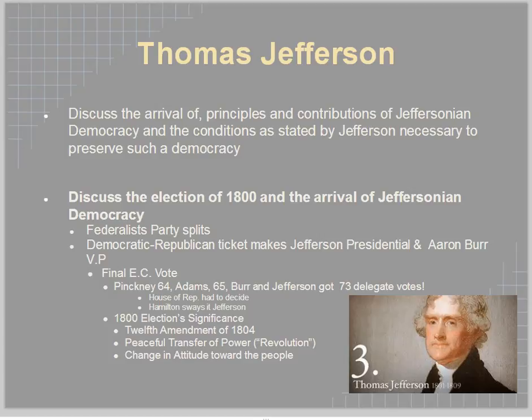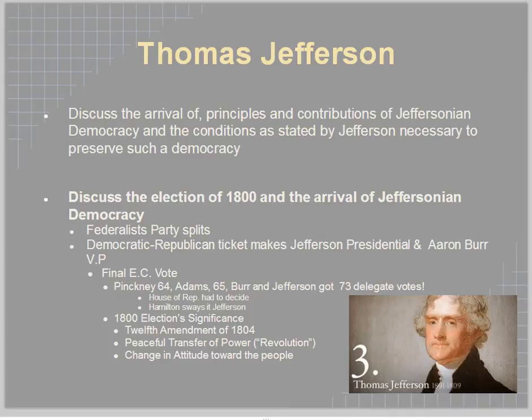All right, so first off we want to discuss the election of 1800 and the arrival of Jeffersonian democracy. The split in the Federalist Party during Adams' administration made Thomas Jefferson. We're going to go more into this in a later lecture when we get to the two-party system. But suffice to say, it made the prospect of Thomas Jefferson and the Republican Party winning the presidency in the election of 1800 very